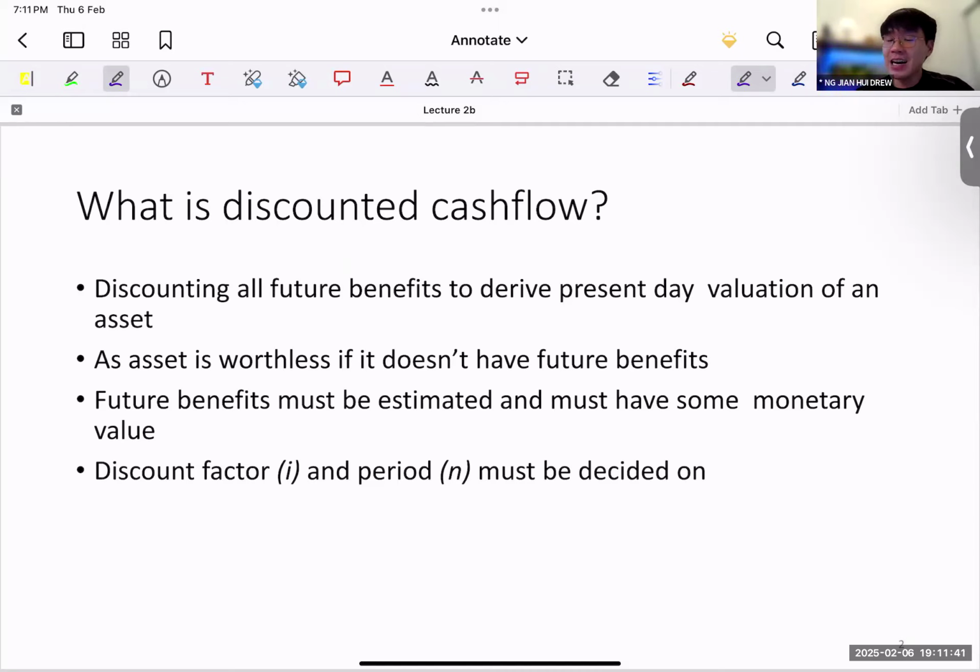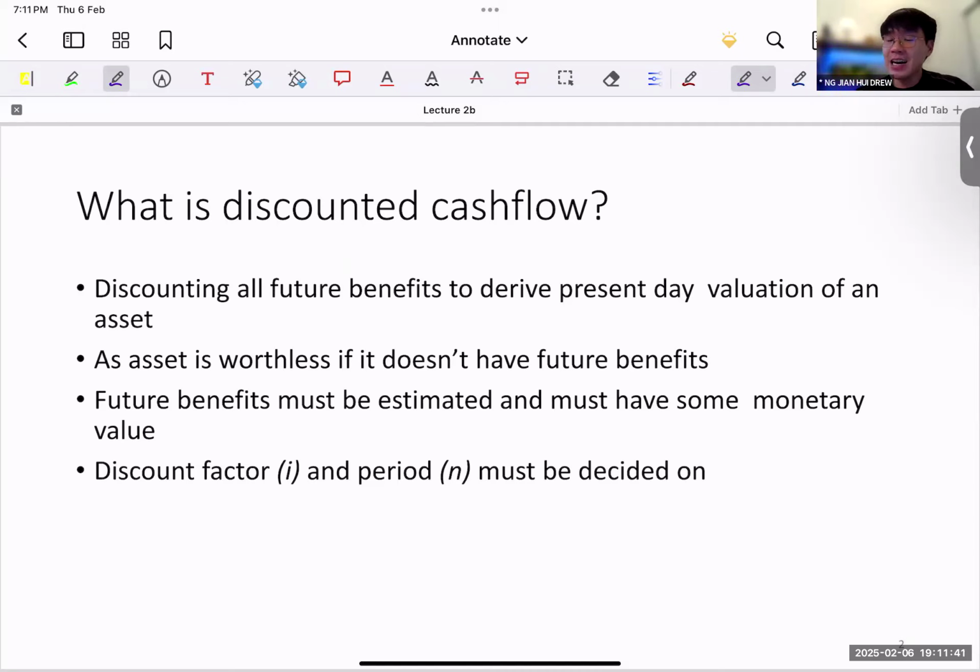Say Bitcoin or maybe even Ethereum, right? So they do have some intrinsic value in them. And if we can discount certain cash flows to the present, then we can determine their value, right? So this is a basic understanding of what discounted cash flow means. We just want to determine the value of the asset now, and the asset can be a physical asset, or it can be a security like what we're talking about in this module.